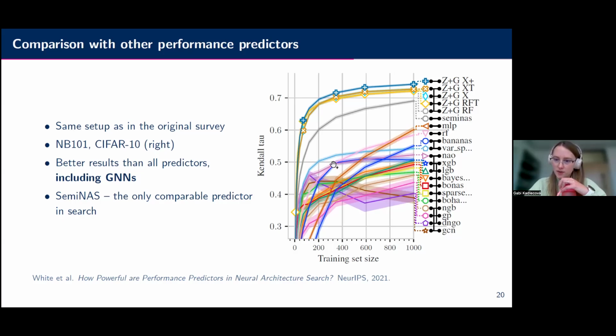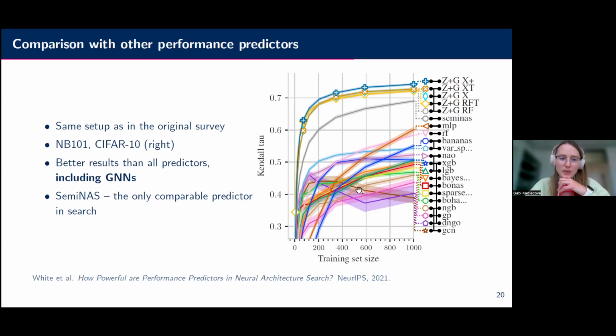What's interesting here is that MLP reaches high performance quite slowly. We could look at it as a small data problem, because we've got just 30 networks at the beginning, and we get quite a good correlation with GRAF and zero-cost proxies, but MLP takes ages to get there. And GNNs aren't good here either. All the GNN models are hidden somewhere here.